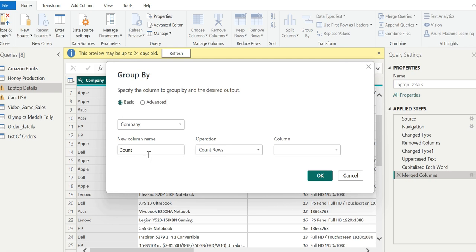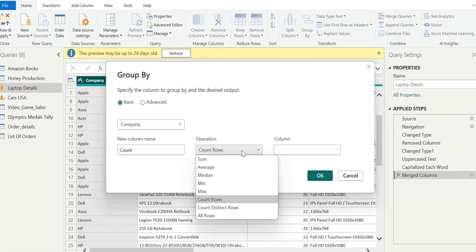This is just to give an idea of how these aggregations can be performed. You can see how we can perform this aggregation based on any column available in this data set. Keep in mind that this aggregation is really meaningful when you do it based on a categorical column rather than a numeric one. So Company is a good fit in this case, and the operation is Count Rows. Well, there are a handful of other options here. Since this operation is based on a collection of rows, there are different operations which are possible. Perhaps the simplest one is count of rows.